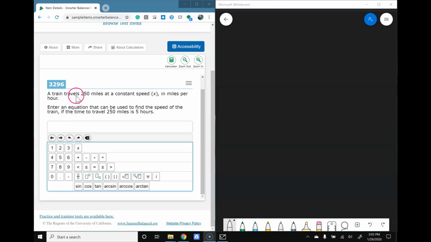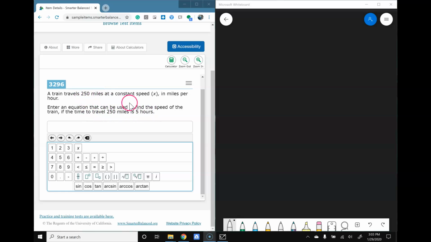A train travels 250 miles at a constant speed x in miles per hour. Enter an equation that can be used to find the speed of the train if the time to travel 250 miles is 5 hours. Alright, first thing I notice in this problem, other than some of the values, the quantity